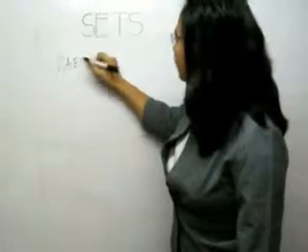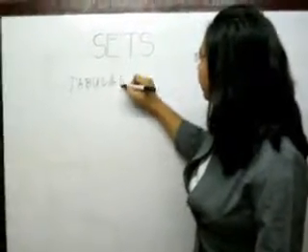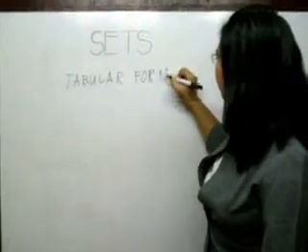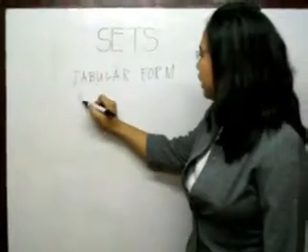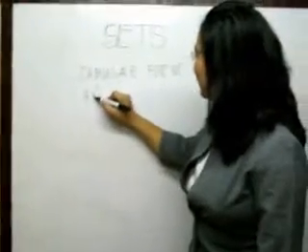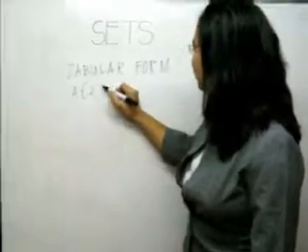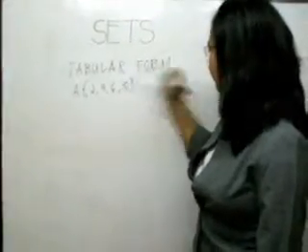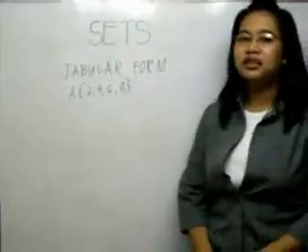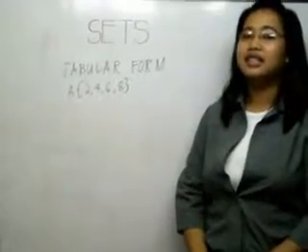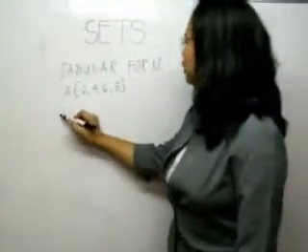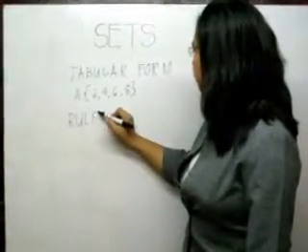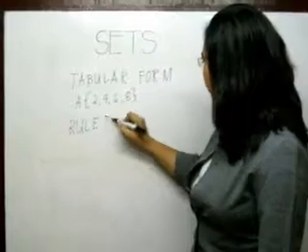The tabular form is a method of describing a set wherein the elements are separated by commas and enclosed by braces. Let's take set A: {2, 4, 6, 8}. The second way of describing a set is the rule form, wherein it makes use of the description